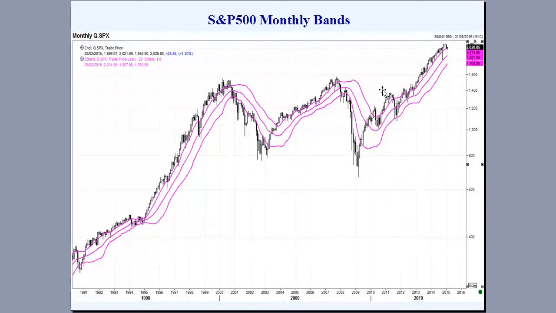Now moving back to the monthly charts with the S&P 500 and just looking at the bands, and this really does highlight how important the bands can be to timing the major bull and bear markets in the equities market here. And here back in the 90s we see the strong bullish price activity up above the upper band then holding as strong support, as was the middle of the bands. The market then trading down through the middle of the bands to find support at the bottom of the bands,